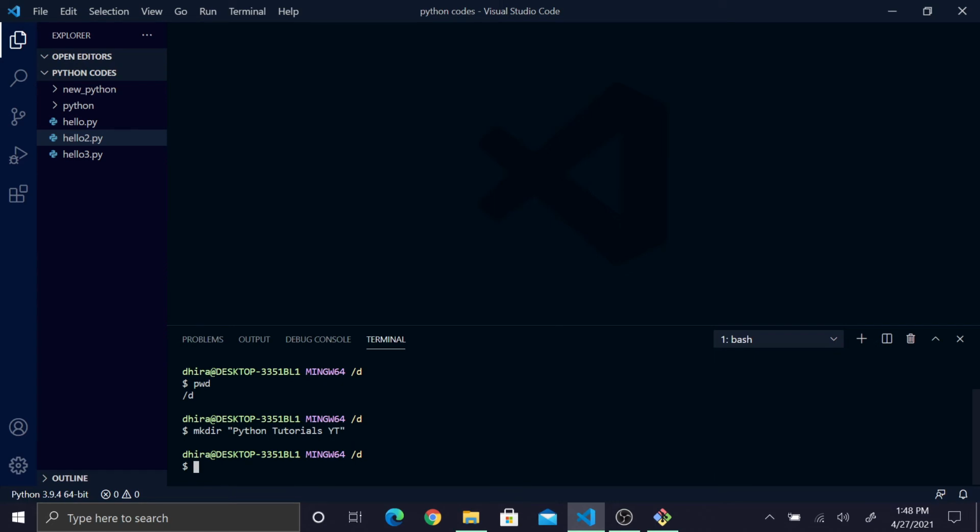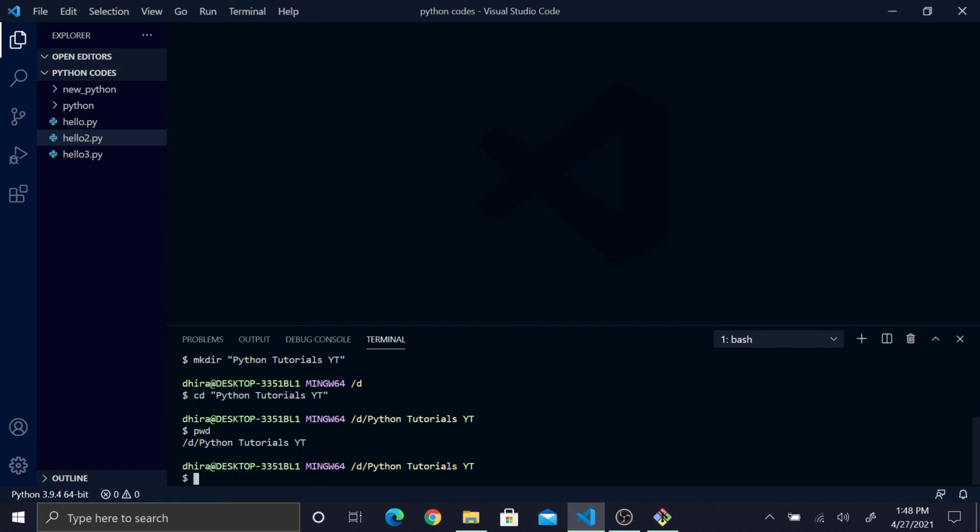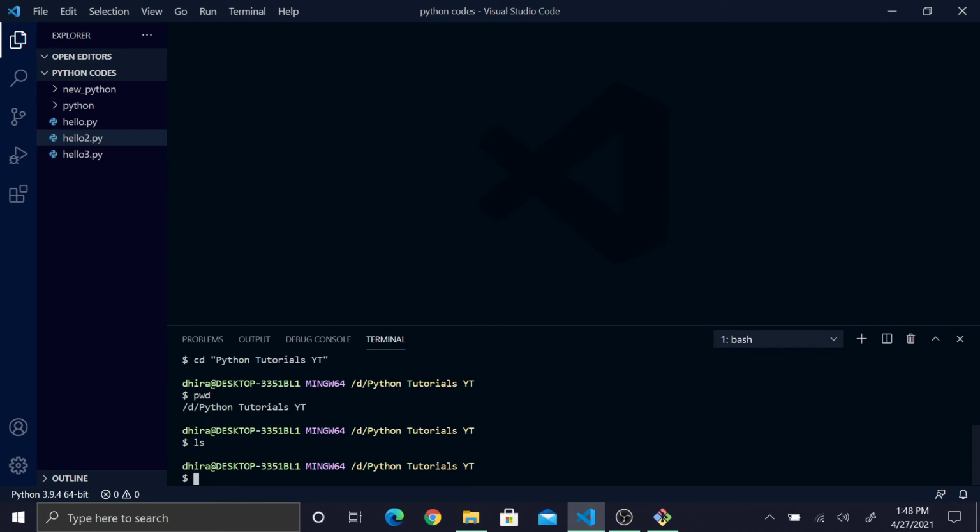Now I'll be moving to my Python tutorials YT folder, cd. Now you can see I am in the Python tutorials YT folder. Let's check what files are inside it. ls, no files are there inside my Python tutorials YouTube folder. So I'll be making a new folder here, mkdir codes.